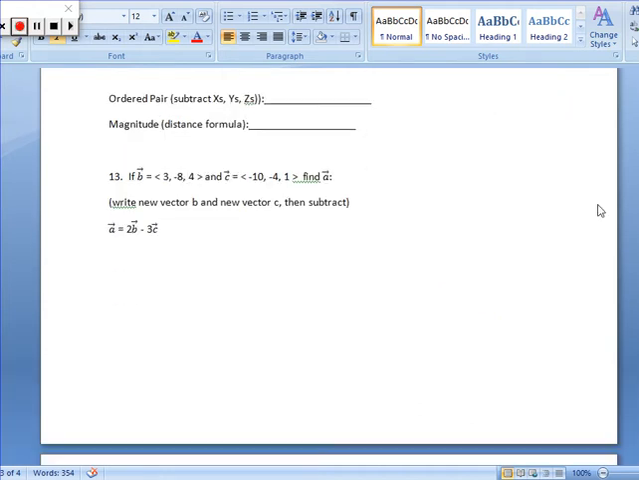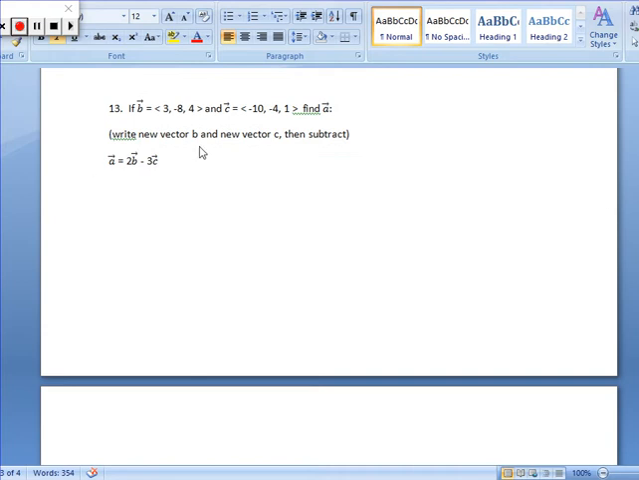Cross this out. It says write a new vector B and write a new vector C. When we talk about 2B, we're talking about 2 times 3, comma, negative 8, comma, 4. And we're talking about 3 times negative 10, negative 4, 1. So right here, my new vector would be 6, negative 4, and 8. And then this one would be negative 30,